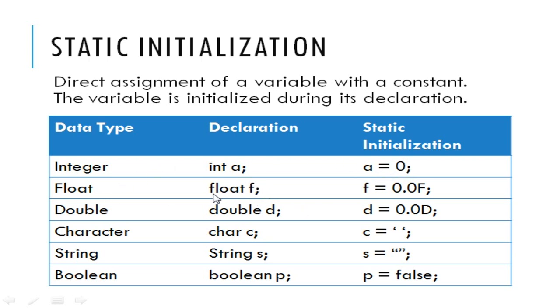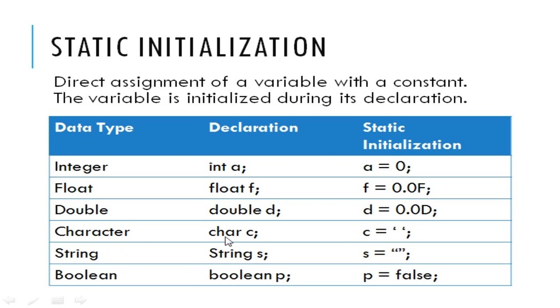Next is float. You got a variable f, and you can see float is fully used, and then f equal to 0.0f. So here you can see the default value is 0.0, and to show the difference between float and double, they are using the alphabet f at the end of the constant. So that is compulsory to use. For double, again you are using the full name double and then the variable d. So d equal to 0.0d, but using this d is optional for a double variable. So you can just use 0.0, that is enough. But when you use a float variable, you have to use 0.0f. That is the difference between float and double.